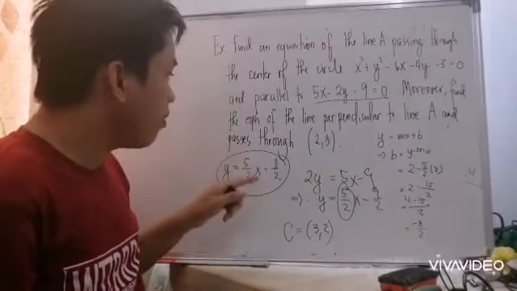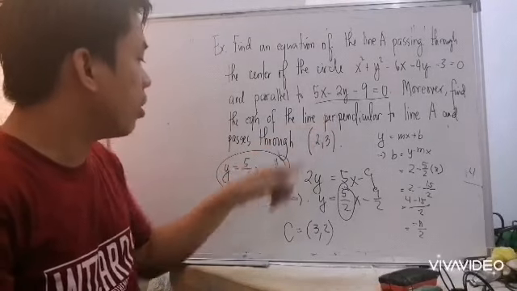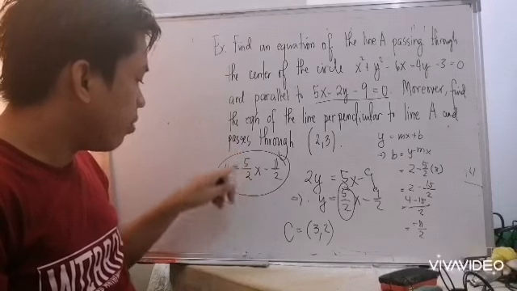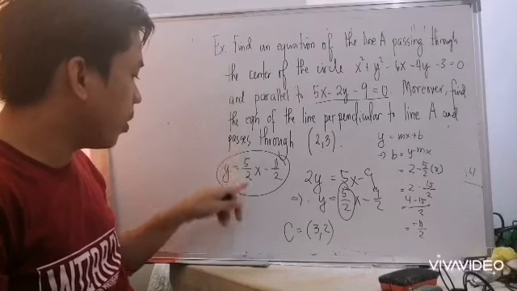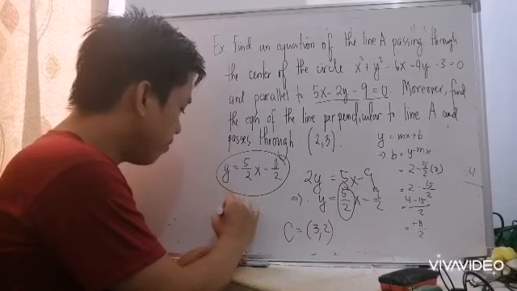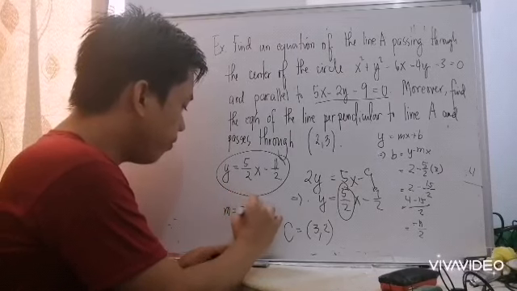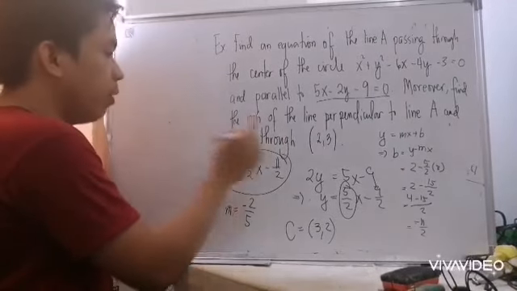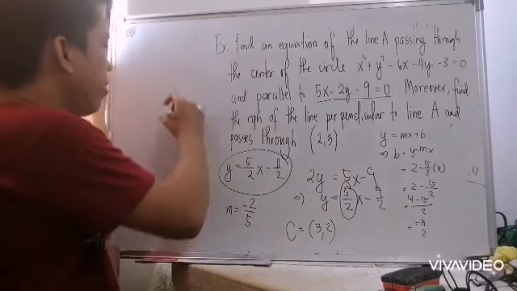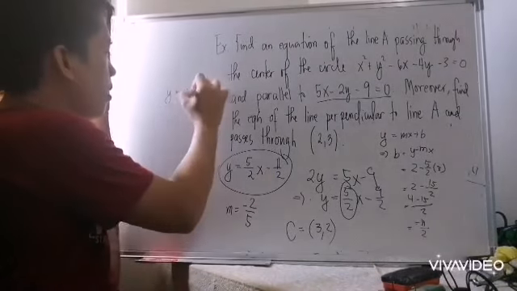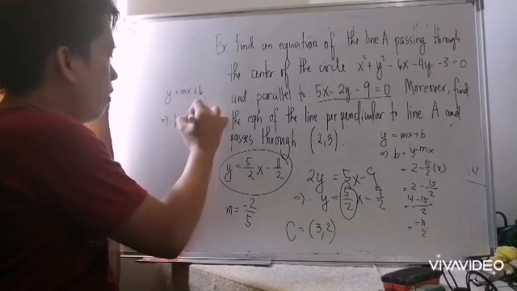Now, how do we get the equation of the line perpendicular to line A? This is already the line A. So we'll have to take the slope of the perpendicular line to this. So the slope here becomes negative 2 over 5. So solving for the line perpendicular to that, y equals mx plus b, so your b equals